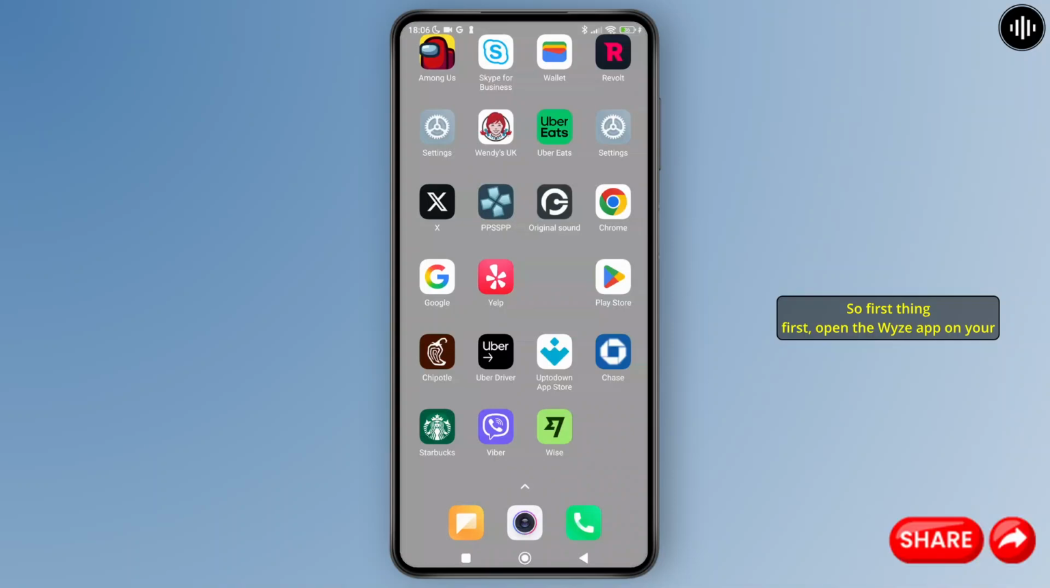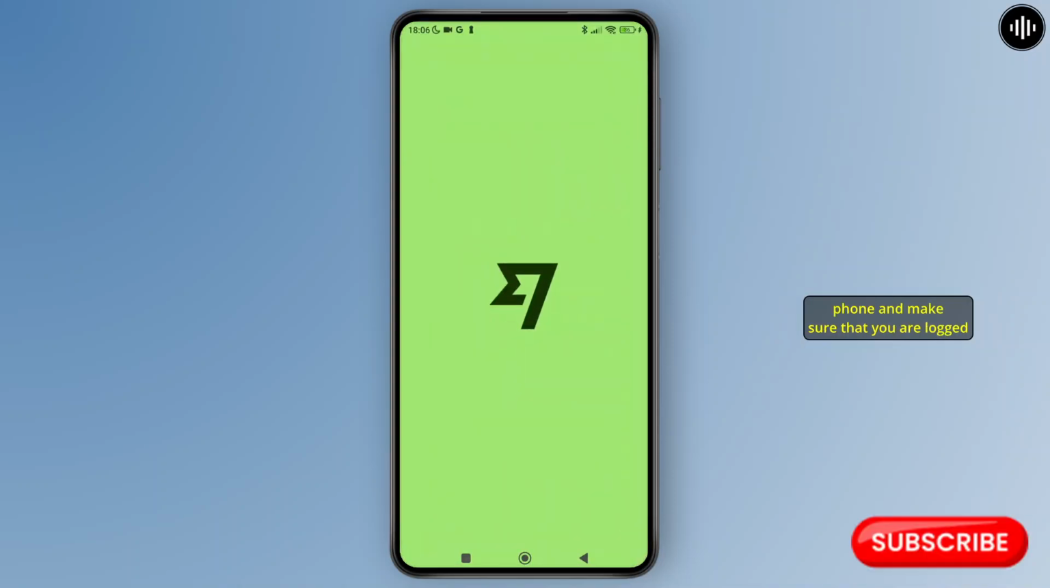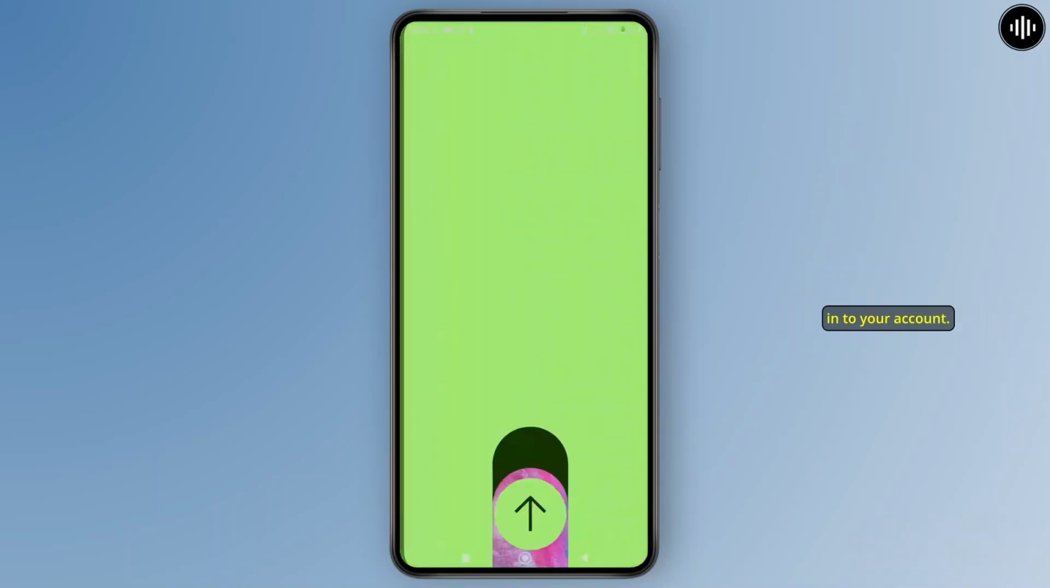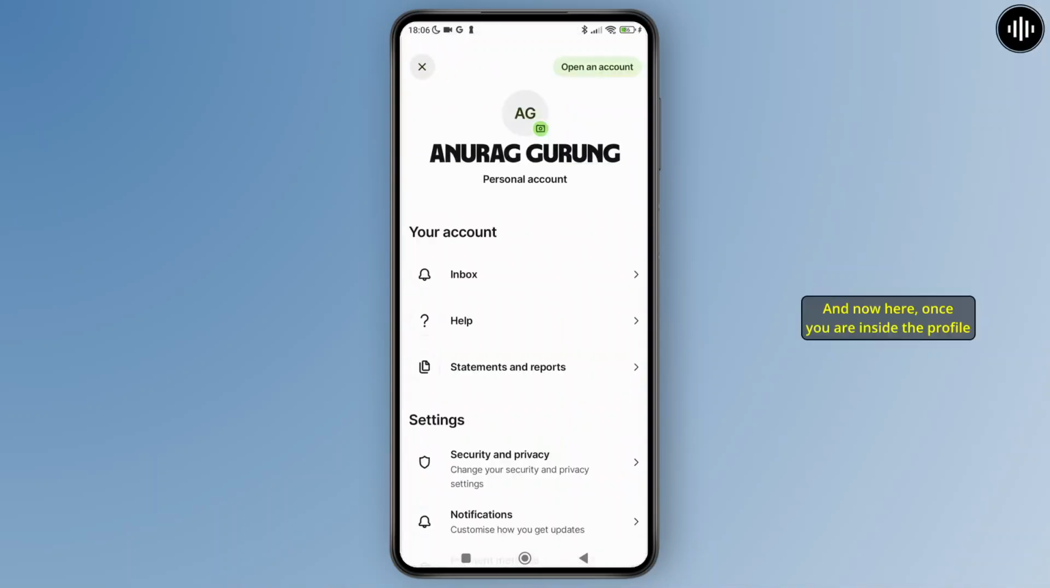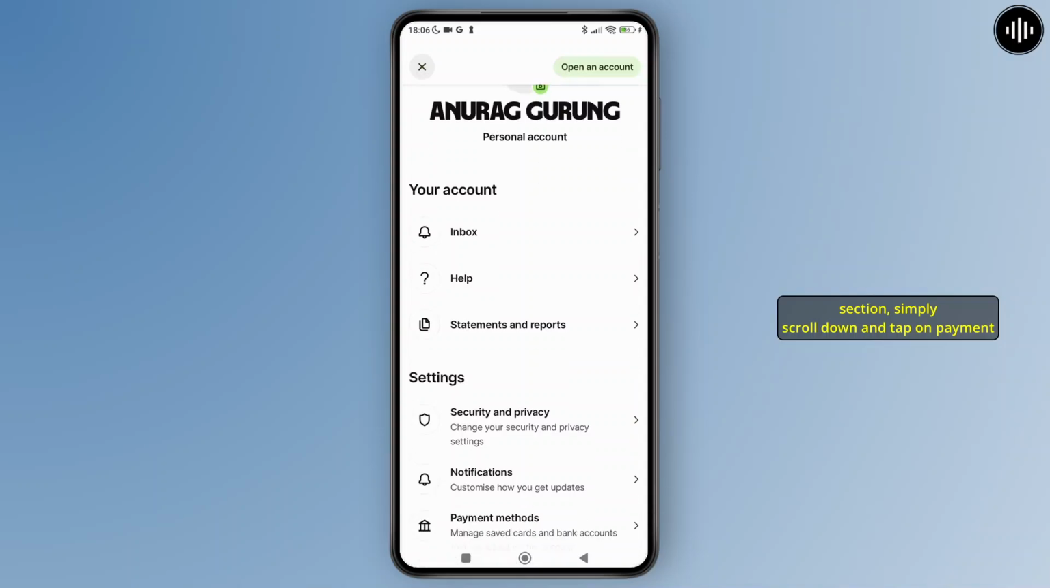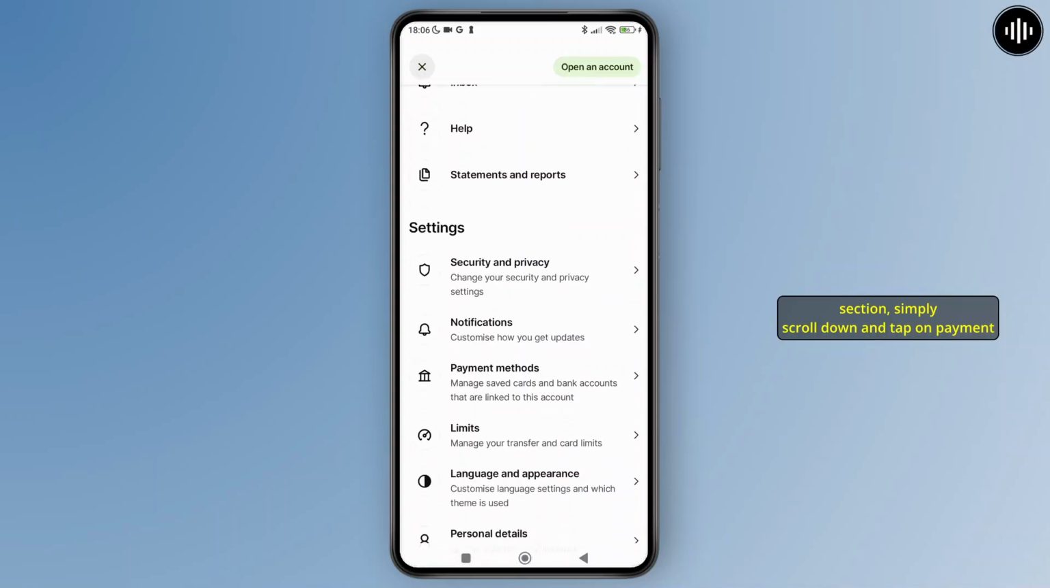So first things first, open the Wise app on your phone and make sure that you're logged in to your account. And now here, once inside the app, just tap on the profile icon shown in the top left corner of the screen. And now here, once you are inside the profile section, simply scroll down and tap on payment